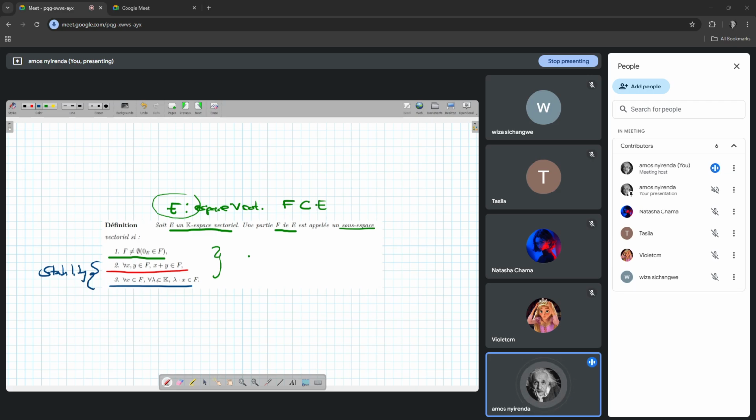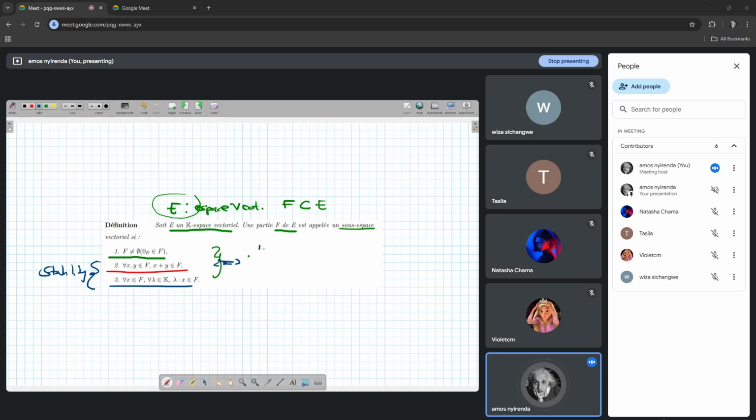If I multiply some scalar lambda by some element x of F, I must get back a result that is also in the set F. Now this definition, the three properties that I've written here, is also equivalent to